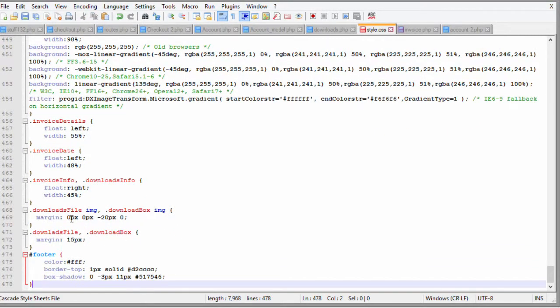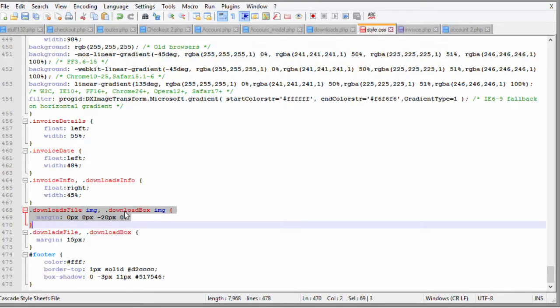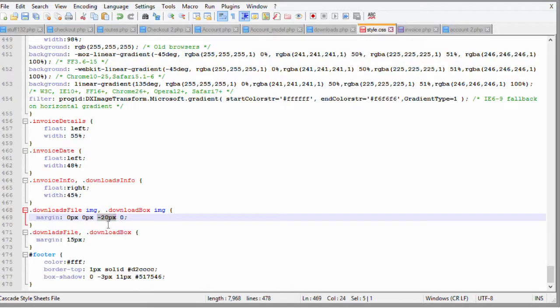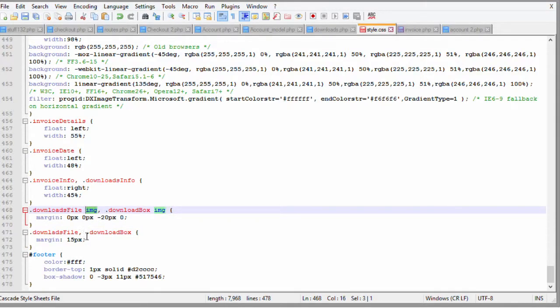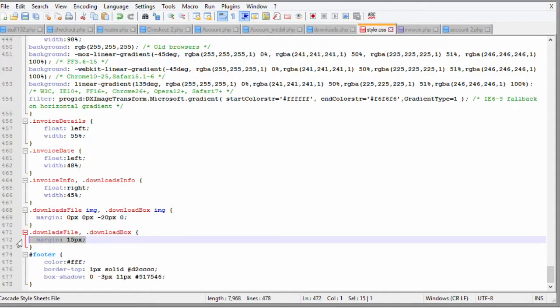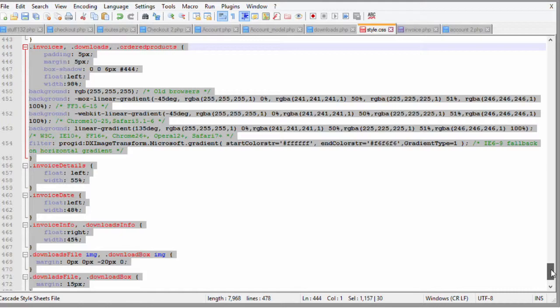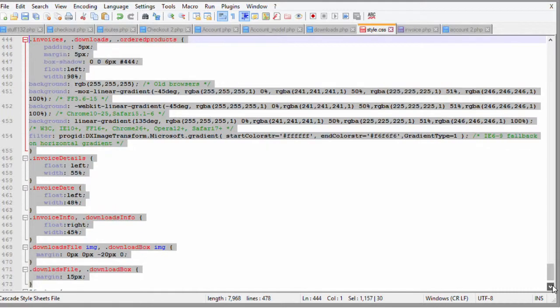And the last two things we want to do is just move our download icon, which is just the wee image we've got, and we want to just push that over by -20 pixels. And then the div classes that contain the image we just want to give that an overall margin of 15 pixels just to position that a wee bit better. So if we have all of this right here in our style sheet, we can save this file,